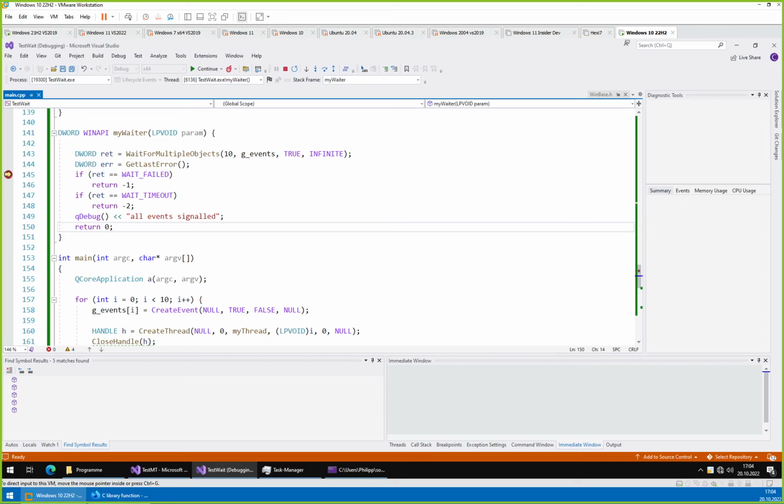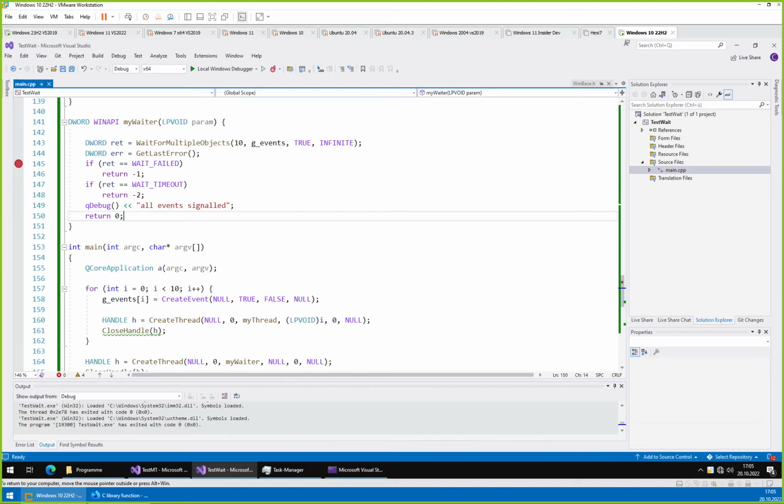I will check why this doesn't want to work as described. So the wait for multiple objects you can use with different types of handles. Perhaps there is some footprint somewhere that it doesn't like the normal event. So for example, you could use this to wait for multiple processes or multiple threads to finish as well. So this wait for multiple objects is simply a very generic function. But I would have assumed that it should work just fine with the single